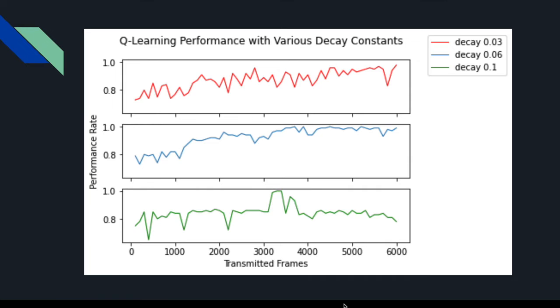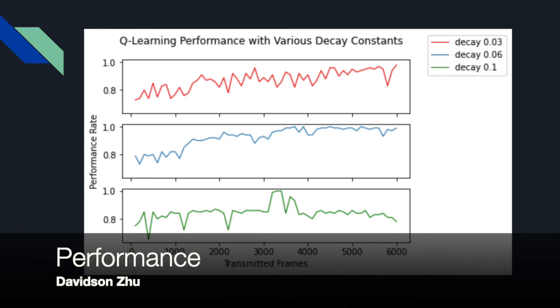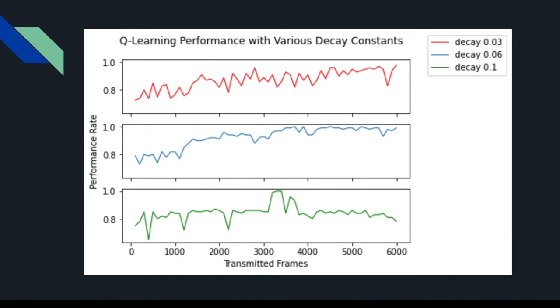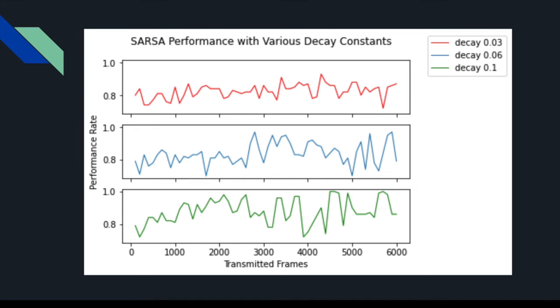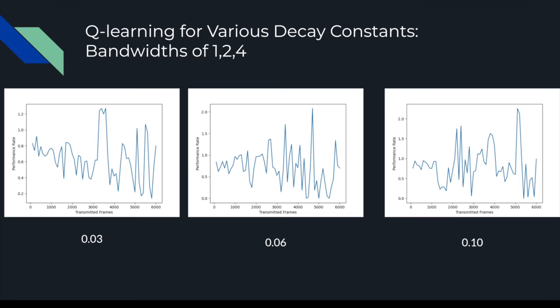We experimented with different values of decay constants for a single bandwidth Q-learning and SARSA learning, which are two similar reinforcement learning algorithms. The results give the optimal balance between exploration and exploitation and show the superiority of Q-learning in the specific program. Then the same set of parameters are used on variable bandwidth frequency hopping. Because of the addition of this extra dimension, the program requires more time to learn, so the same result is